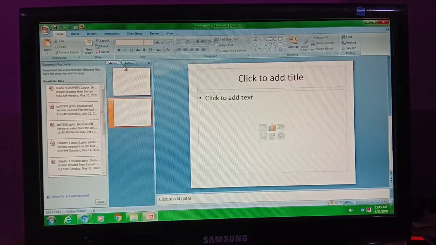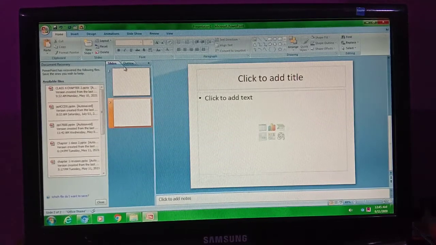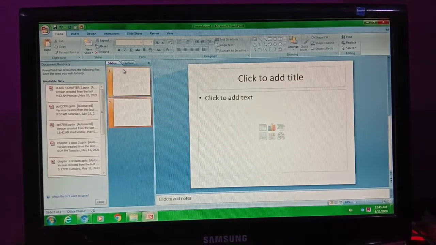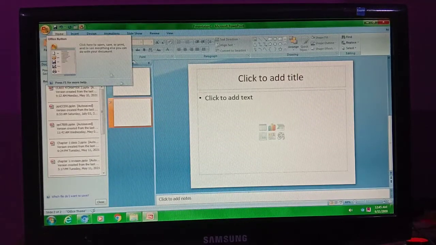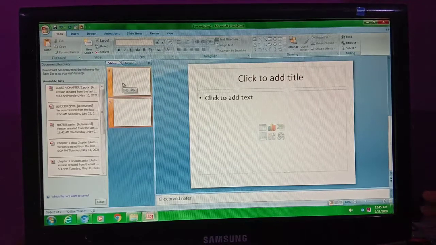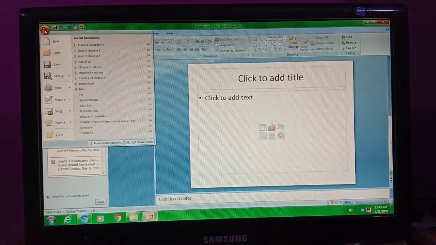Okay, so now next is how to save a presentation. It's very easy. As you save a Word file or other files, similarly you can save your presentation file. After creating a file, you need to click on the Office button, and then there is a Save option.